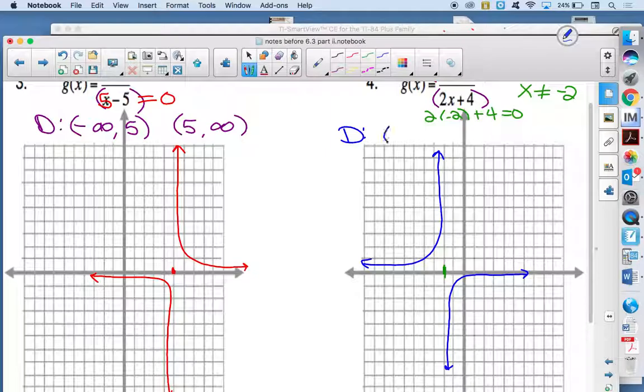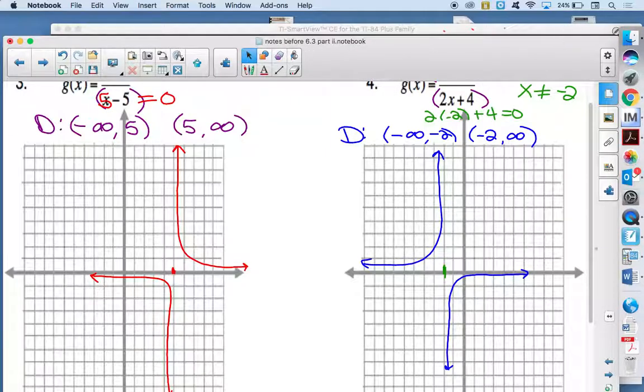Parentheses, negative infinity to -2. Good. Then parentheses, -2, Nice job. So if you want to flip to the top of the next page then, this is